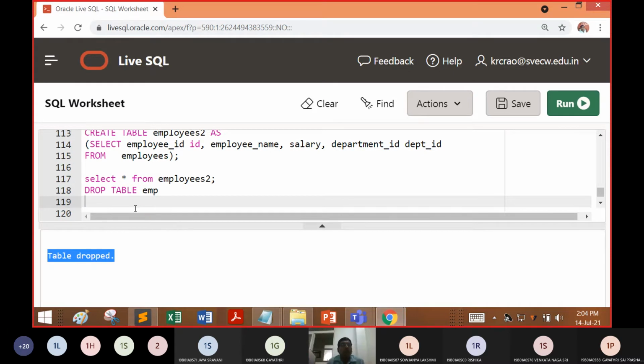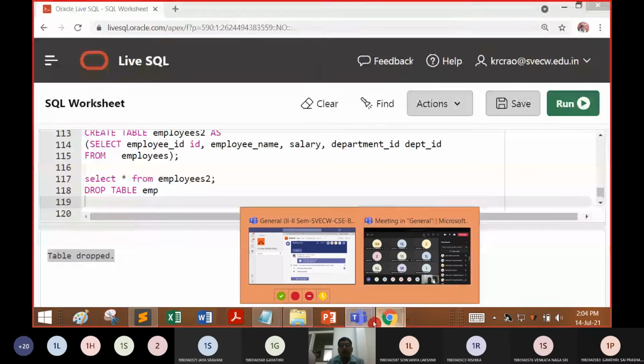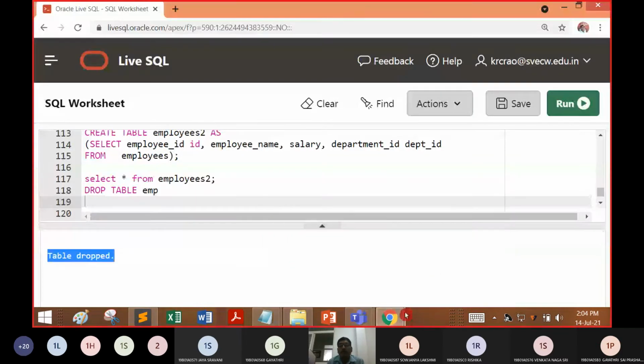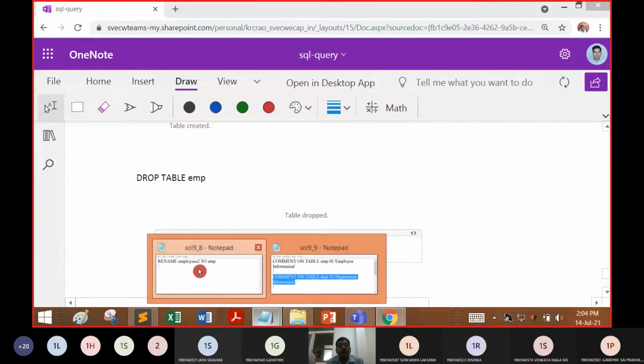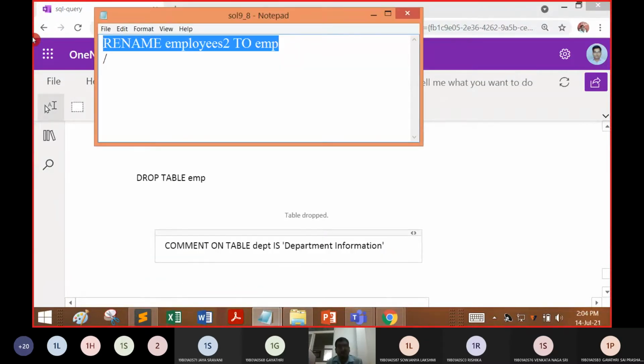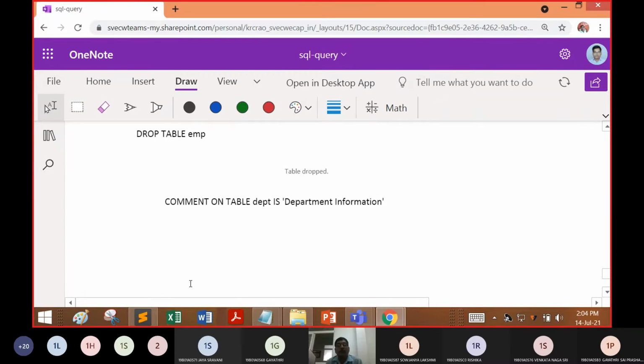It will add comments. I am putting this in the common area. You can even test it on your local computers also. So comment on table DEPT, and another was this one. So these are the two queries you need to answer.